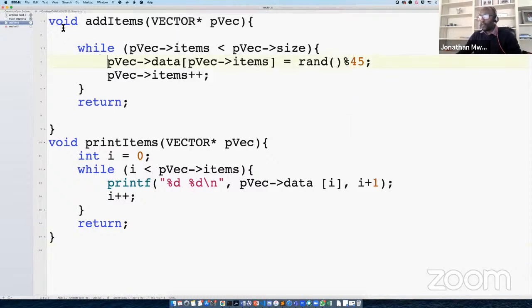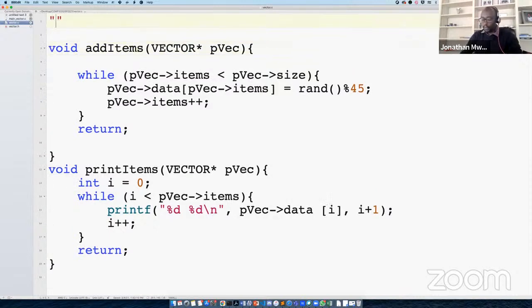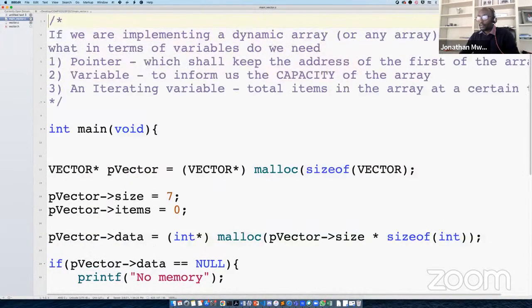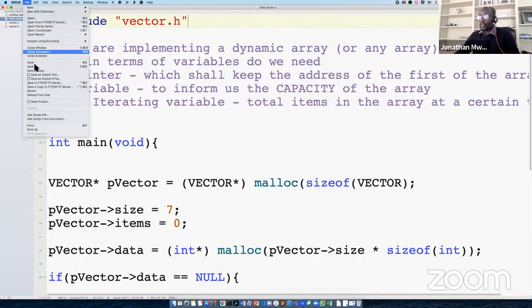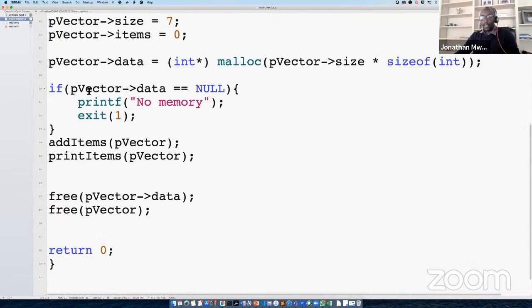Okay. And what I'm going to do here is include that other one, vector.h. I'm doing include vector.h. And I'm going to copy this and paste it here, or it could have been anywhere. And I'm going to save this as well. Okay, so now we have 3 files doing the same thing. So I could as well